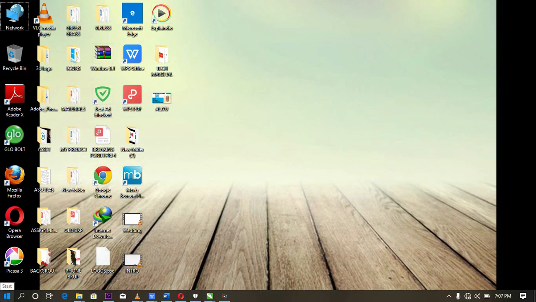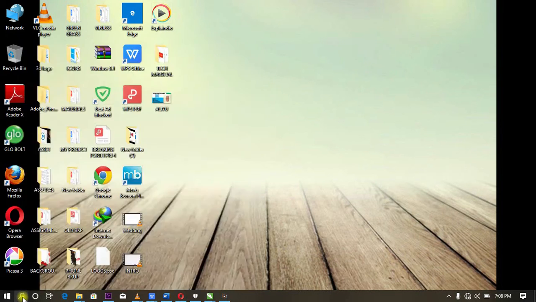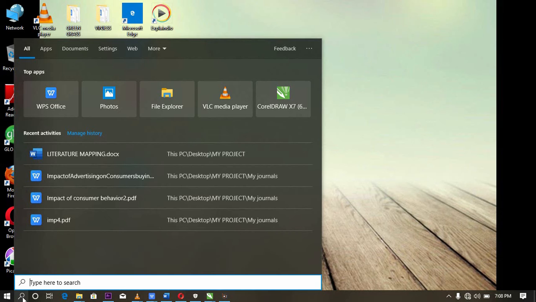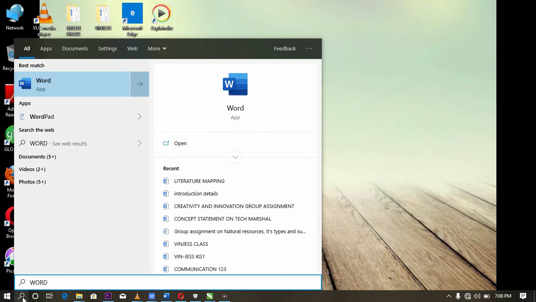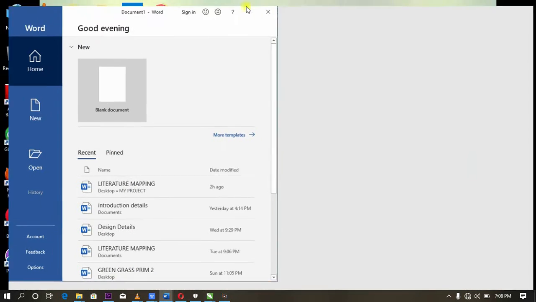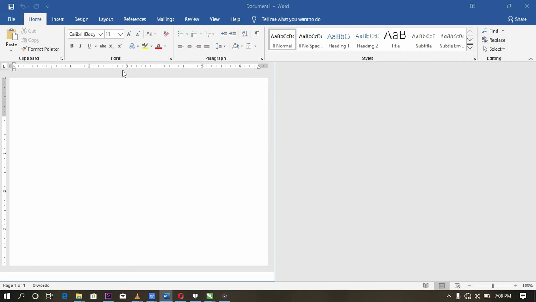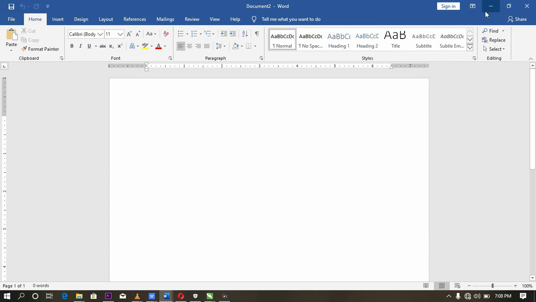Any program that is not found on this screen and is on the system can be searched out using the start button. So what you are expected to do here is to simply click on the start button, and then you search for the program that you want to launch simply by coming here, clicking on this search, and then whichever program you want to launch, maybe Word for example, type Word, and here it is. Then you simply click on it, and then the application will be launched. Here it is. So here, if you want to create a blank document, you just simply click on blank document. This is a Word document file, but I just simply showed you how to launch a program though,